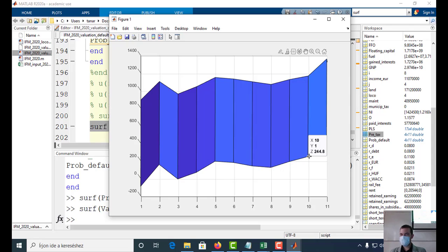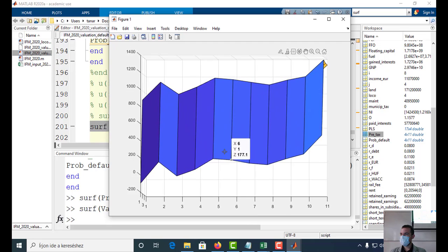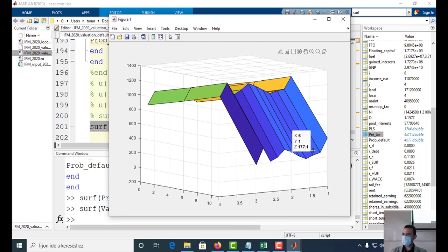So we know that it was 180 something, and due to the depreciation now it's 400. Oh come on. Why actually